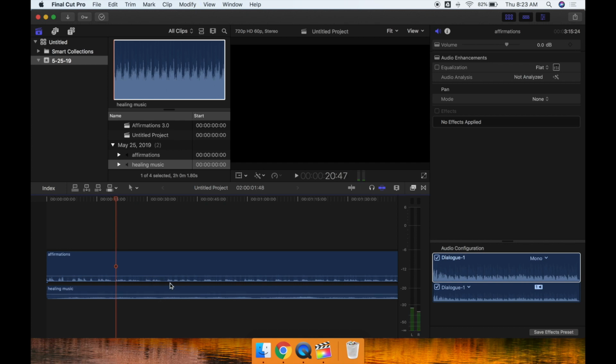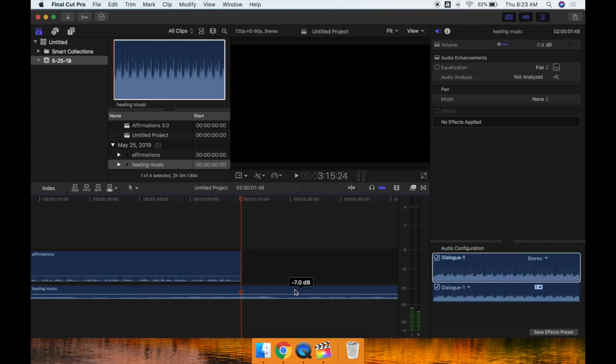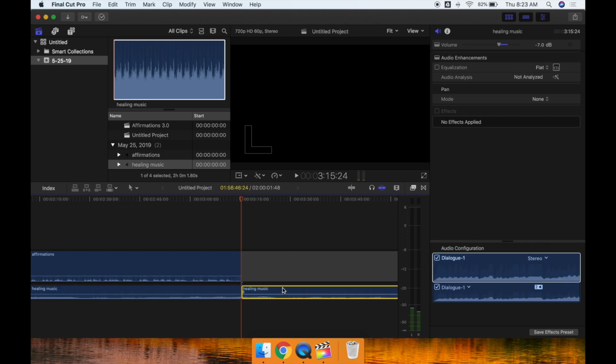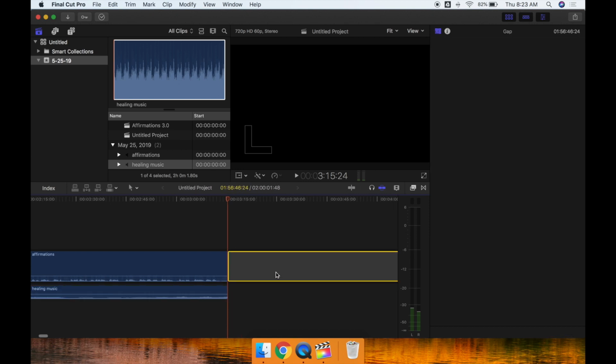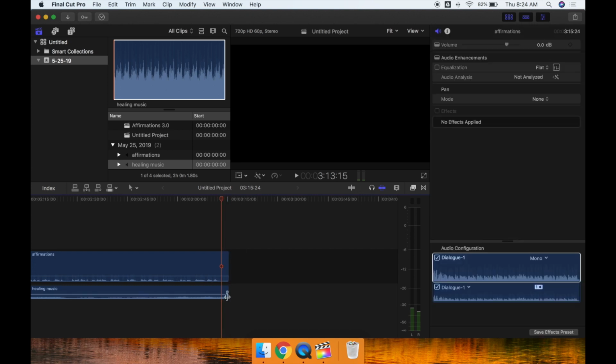So as you can see, this is a comfortable volume for me. And then you just make sure you trim it out here. So you want to come out here to the end, cut it out, boom. Also, you could fade it out at the end, and that's important because or else it just gets annoying. I don't know how to do that right now, but you could just search it up how to fade it out at the end.